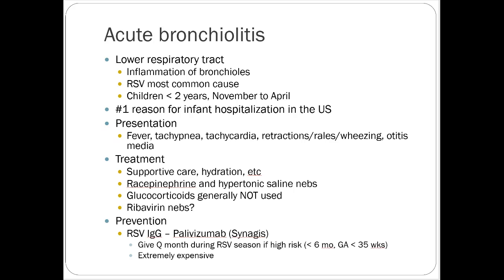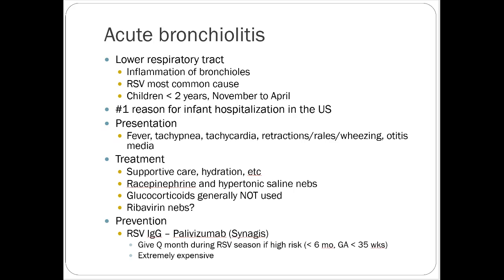Treatment is mostly supportive care. Remember, this is viral, so antibiotics aren't going to do any good. You can give the racemic epinephrine if they're having some upper respiratory symptoms as well. Maybe they have a croupy cough in addition to some lower symptoms. Hypertonic saline nebs can help too with some of the secretions, and we'll talk about those a little bit more when we talk very briefly about cystic fibrosis later today. And ribavirin nebs are an antiviral nebulizer treatment that you could possibly use in really severe